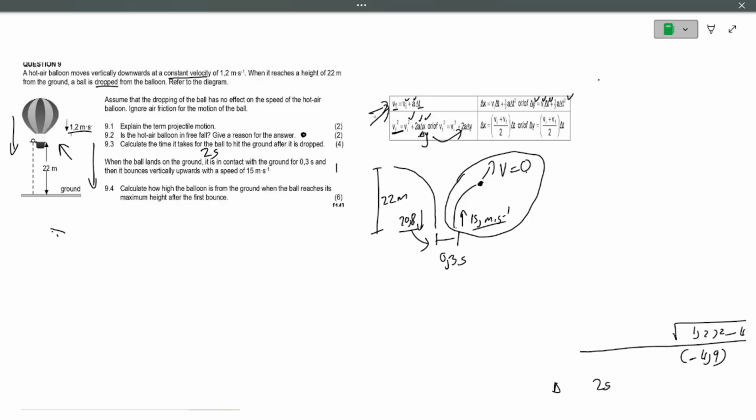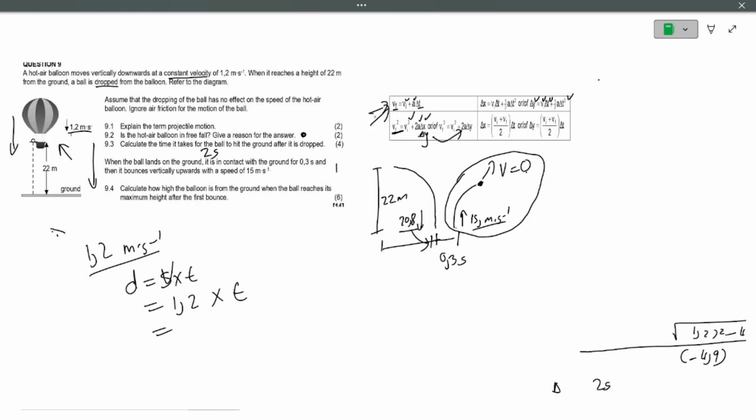height. Because we are looking for the most important thing that can help us check how high the hot air balloon was. The movement of the hot air balloon is not tricky, because it is moving at a constant speed of 1.2 meters per second. So how do we find the distance covered by a hot air balloon moving at constant velocity? It is very simple, because distance equals what? Speed times time. Let me say v for speed. So we can just take 1.2 meters per second and multiply it by the time,